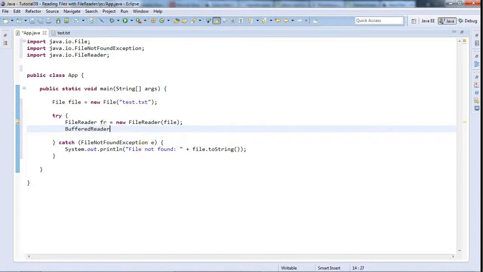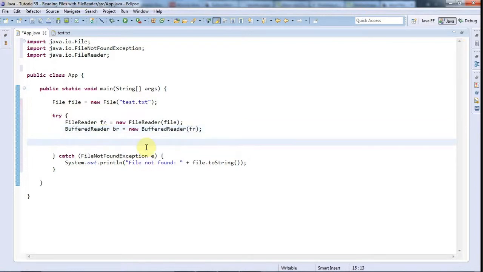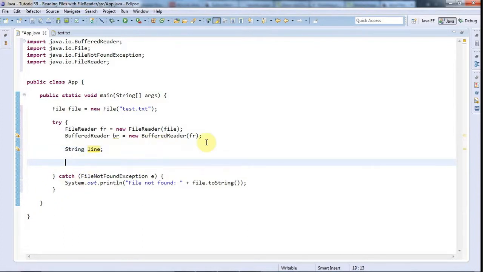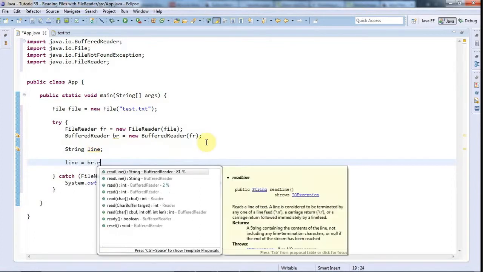So BufferedReader, let's call this br equals new BufferedReader, and we pass in fr, the FileReader, for it to work with. So that's three classes there, like a kind of Russian doll thing, and I'll add the import there. So we've got BufferedReader on top, and then underneath that FileReader, and underneath that we've got File. And I'm going to declare a String here, and this is just a reference. I'm not going to actually create a string, and this reference is going to point to each line in the file in turn. And to do that, I can do line equals br.readLine,